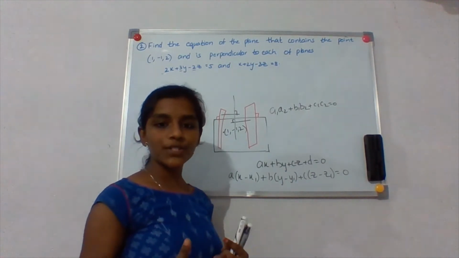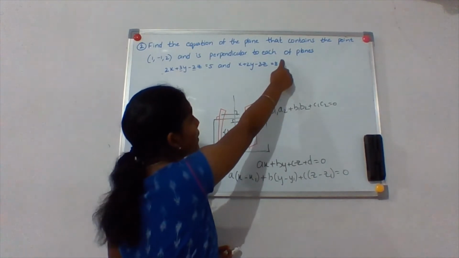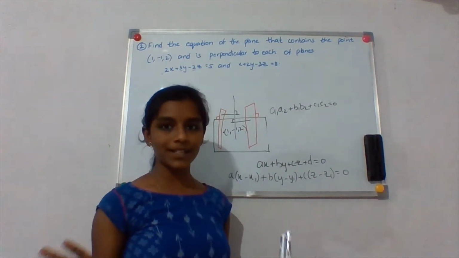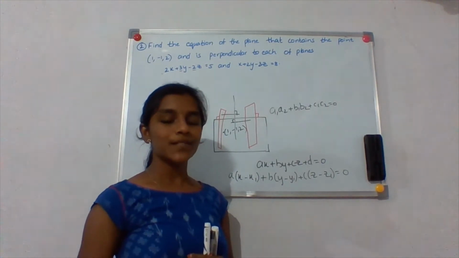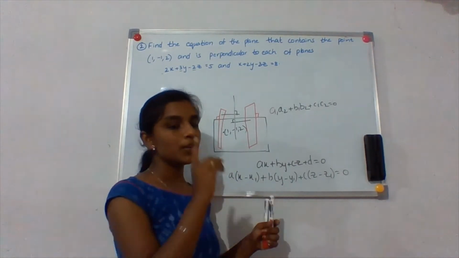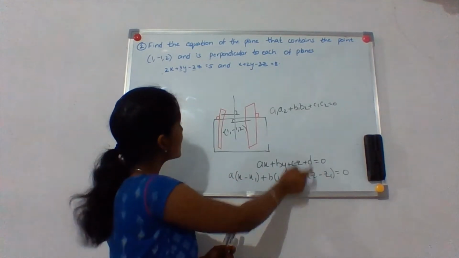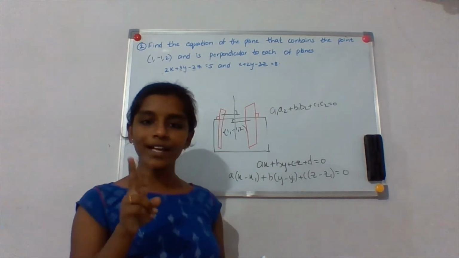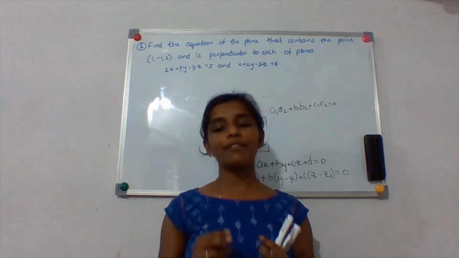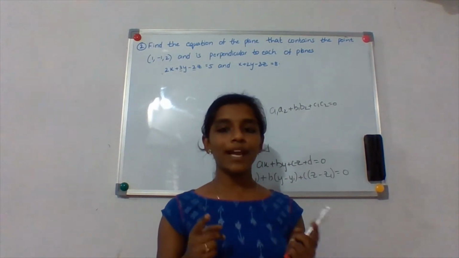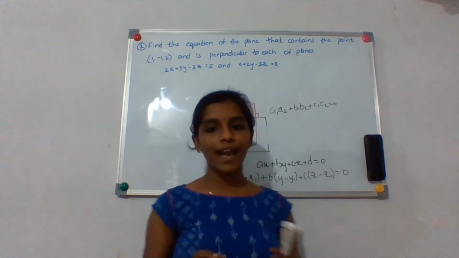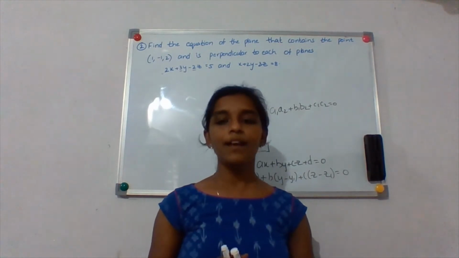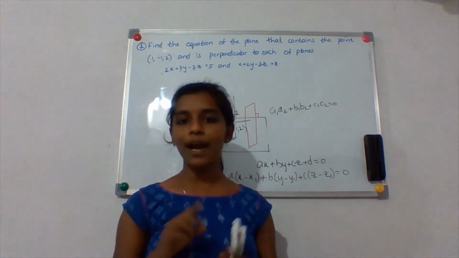Sometimes we get confused and put it equal to some constant. That is the mistake that we regularly make, but you mustn't make that mistake now. So what all you have to do? You should multiply this A, B, C with the DRs of these two planes and equate it to 0. Then you will get two equations in A, B, C. When you solve those two equations, you get the values of A, B, C and you put them here. You'll get the equation of the plane. Okay, very simple. So if you want, you can also try this problem after listening to this.